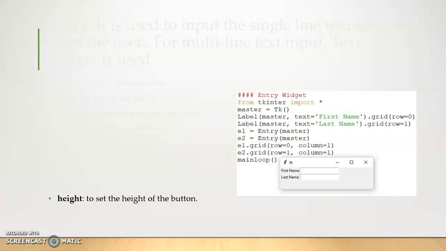So you can see e1.grid row 0 column 1, so the row will be the 0th row and the column will be the first column. So you can see the first column is coming over here. In e2.grid, row is equal to 1 and column is equal to 1. So you can see